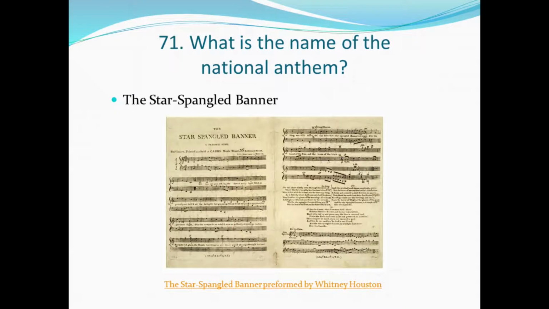Number 71. What is the name of the national anthem? Our national anthem is the Star-Spangled Banner. It was written by Francis Scott Key. He wrote it during a battle. I guess he drafted the first copy during a battle. So a lot of the lines that you see in our national anthem were descriptive of what he was actually seeing,